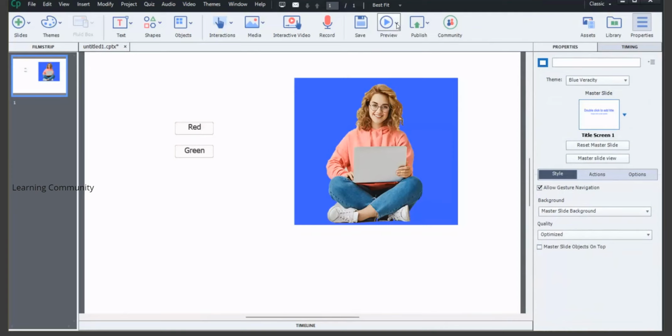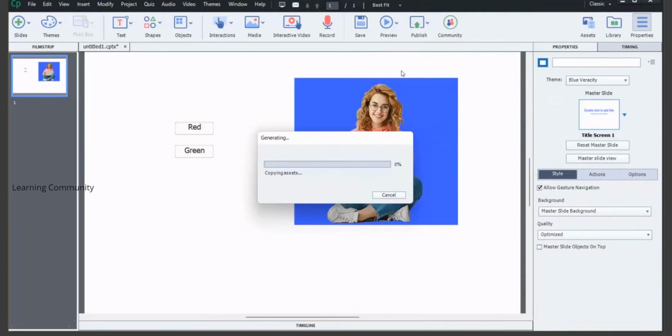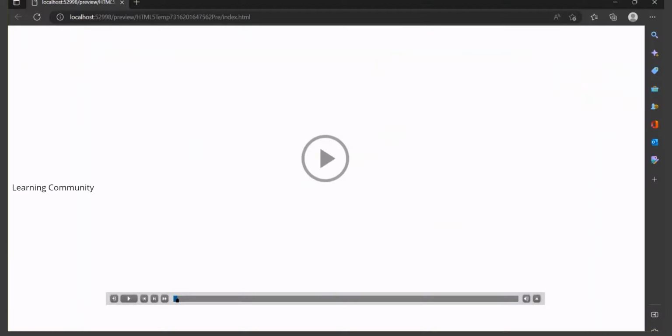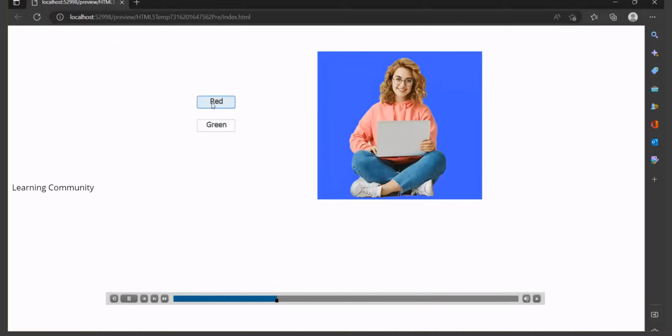Let's preview the project. This feature will allow us to develop interactive content easily using Adobe Captivate. When I click red, then the background changes to red, and when I click the green button, then the background changes to